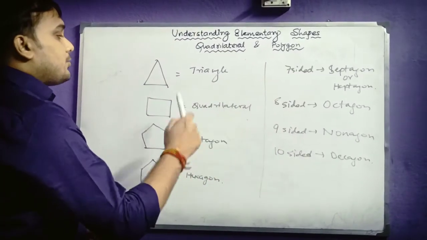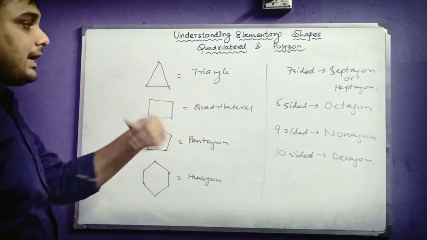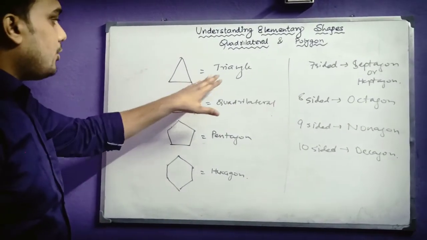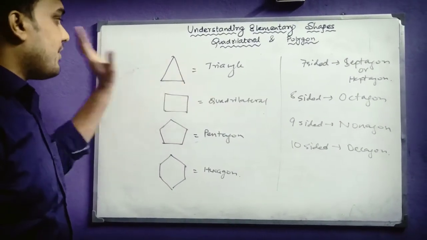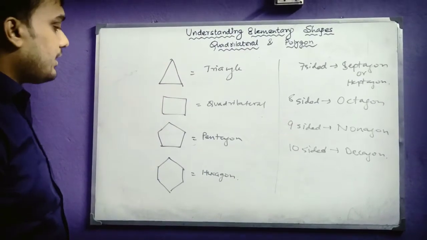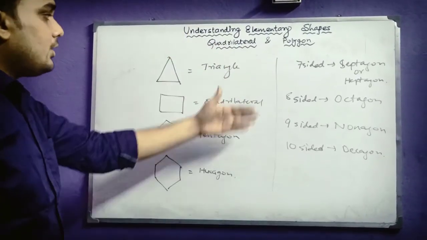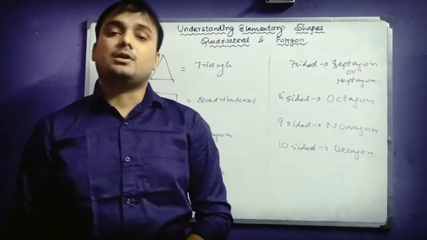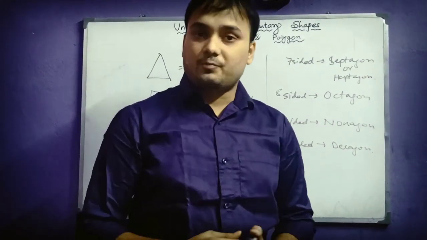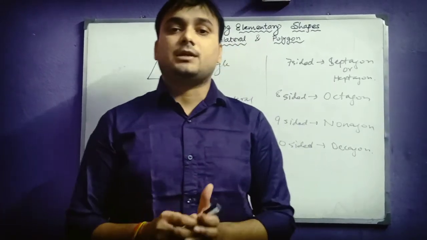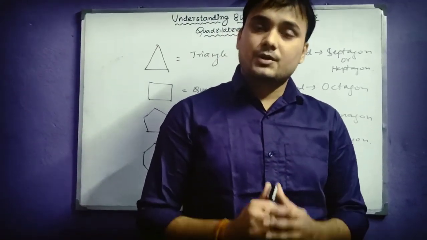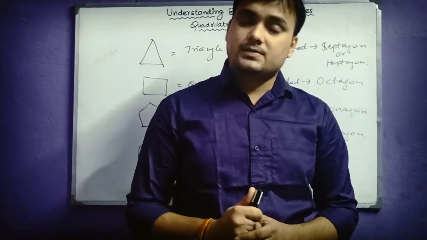So students, you can see these are the different types of polygon depending upon the number of sides it has. You can see the lowest is the triangle, which has only 3 sides. Then you can go further towards 6 sides, 7 sides, 8, 9, 10 sides, and so on. So these are the different types of polygon. These are the basic terms with respect to the polygon which you need to keep in your mind so that you can solve the exercise very properly.